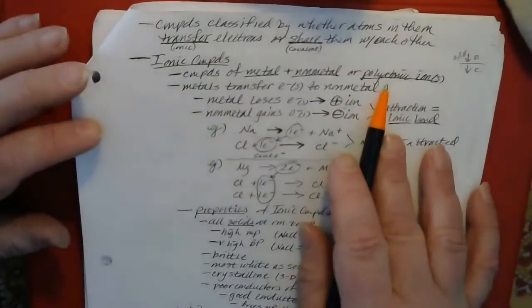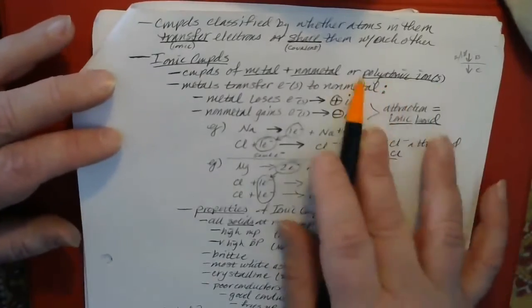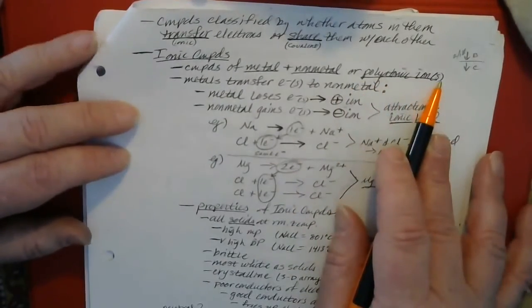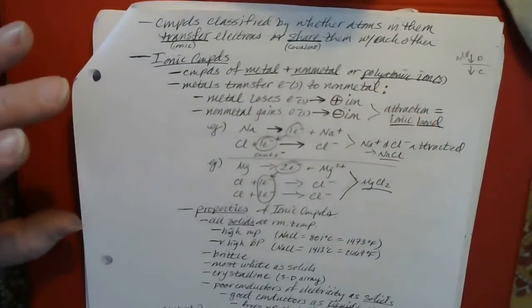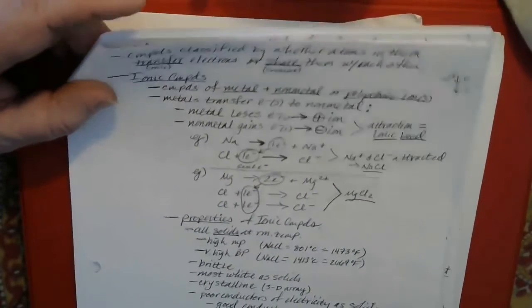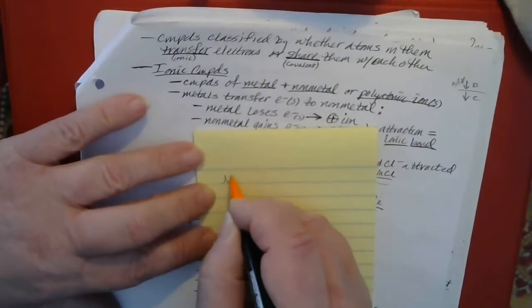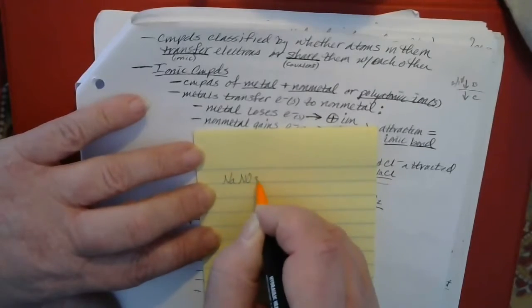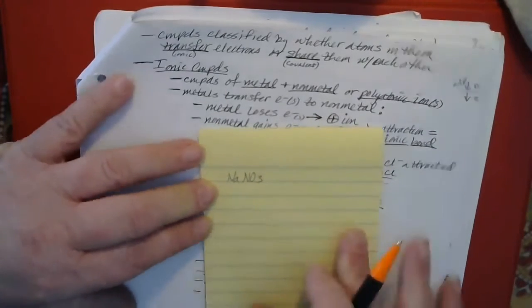And the other thing that could be involved would be polyatomic ions. Anything that has a polyatomic ion in it is an ionic compound. It's important to learn to recognize the formulas for the polyatomic ions, because the formulas of a compound with a polyatomic ion in it will not always make it obvious that there's a polyatomic ion in it. Like, for instance, sodium nitrate,